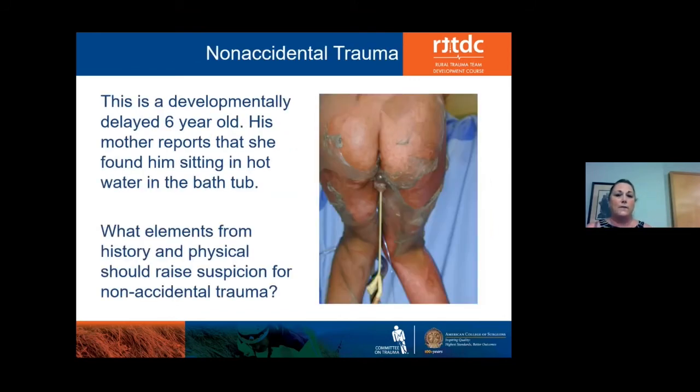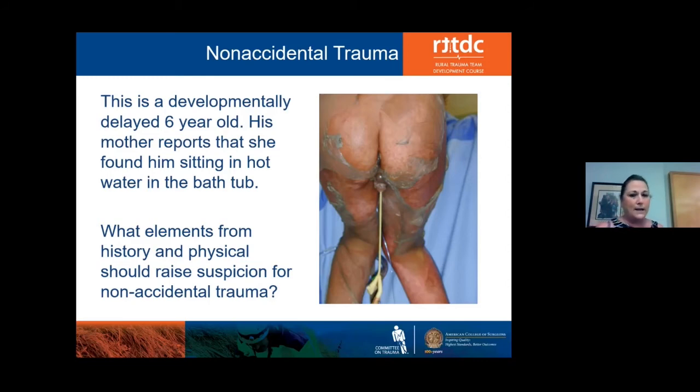Non-accidental traumas for the pediatric patient. This is a developmentally delayed 6-year-old. His mother reports that she found him sitting in the hot water in the bathtub. So when you see this scenario, the first thing that should come to your mind is, I have a 6-year-old who is developmentally delayed, and he got into the bathtub by himself in scalding